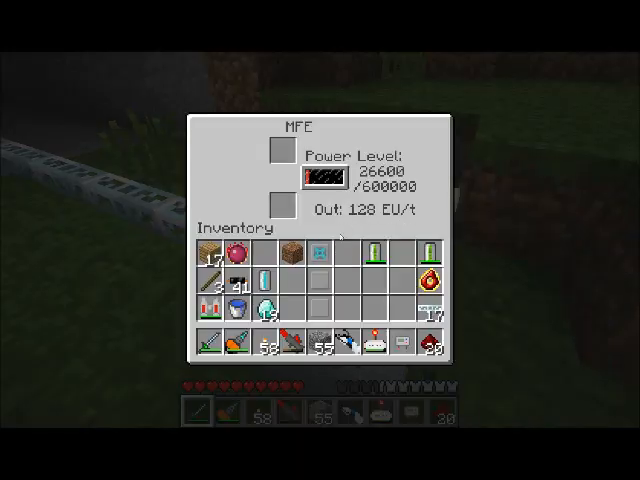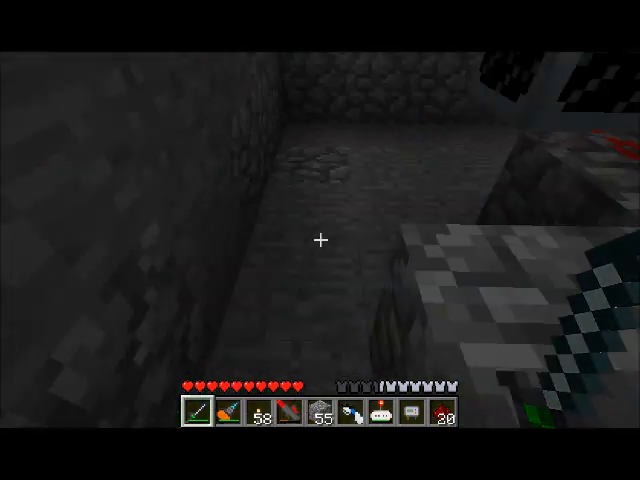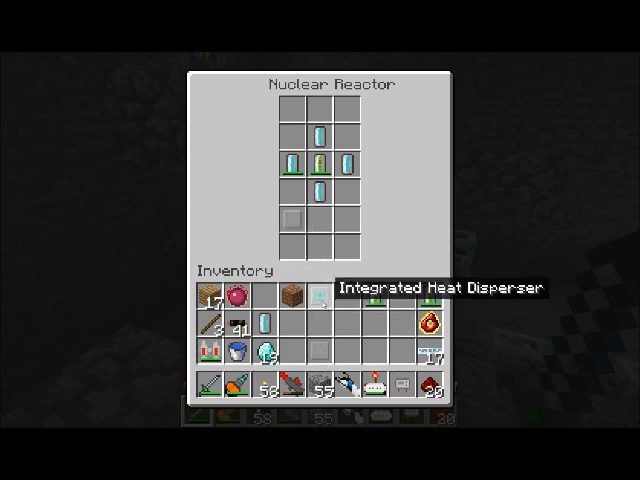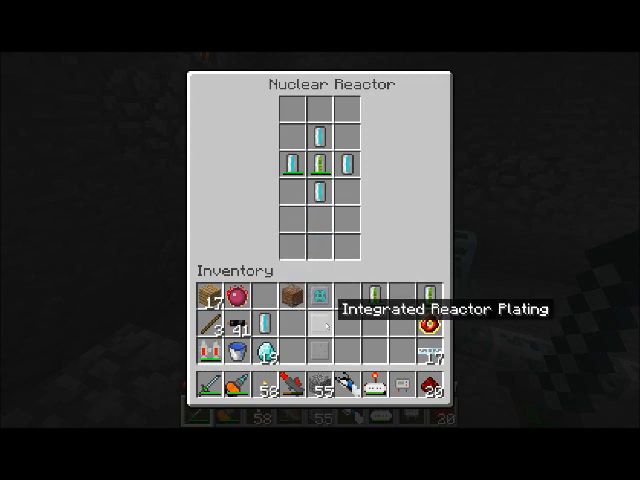How's my MFE doing over here? Not too bad. Produced a little bit of energy while I've been talking there. Okay, so that's all well and good. The next item that there is, I can put the integrated reactor plating and the integrated heat dispensers in here too. Okay, the way integrated reactor platings work is, let's take our coolant cells out,